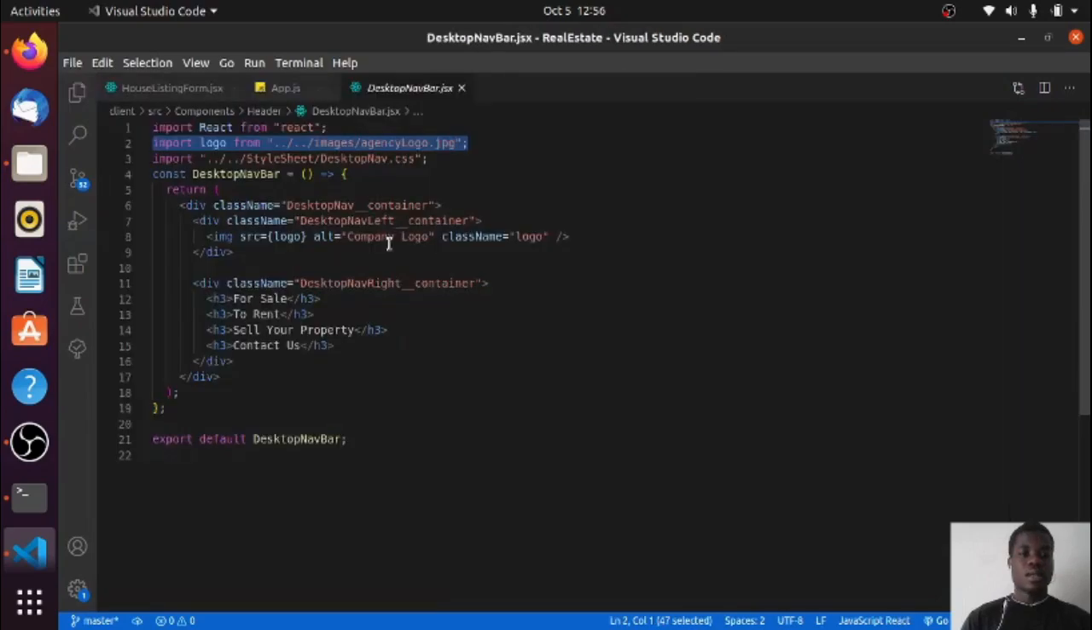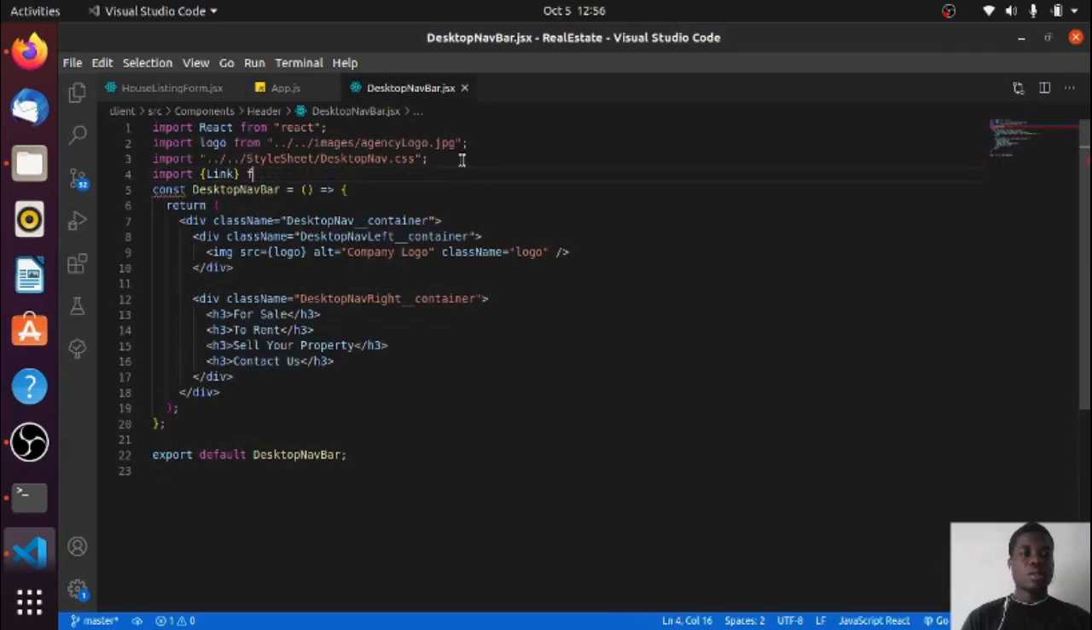desktop nav, and then we want to import link. So say import link from react-router-dom, and then sell your property. You want to say link. Before I cut that, I want to paste this there. Oh yeah, I want to say to, and then I paste that there, and then I take this one,